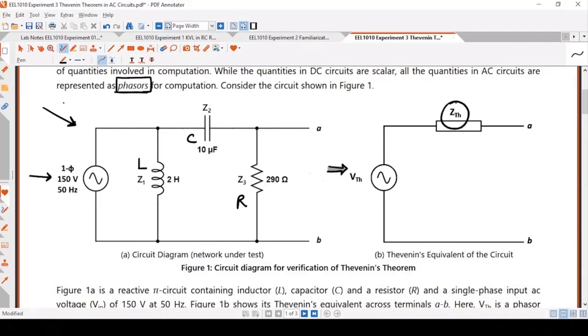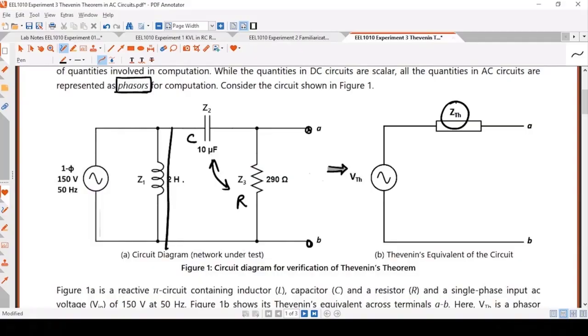The next step would be to compute equivalent resistance. Now, what would you do if this was a normal resistive circuit? You would have shorted this out. If all these components were resistances, you would short this out and you will just find the equivalent resistance across these 2 points. So you would say, okay, this is shorted out, so it is just a parallel combination of R and C because this has been shorted. That is how you would have done.